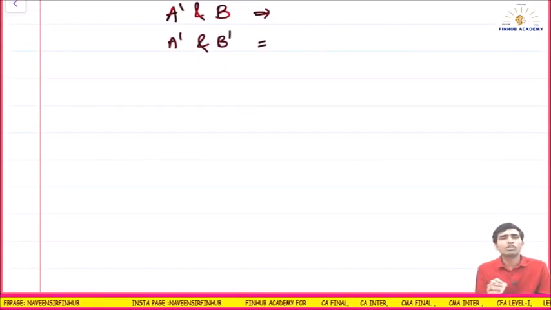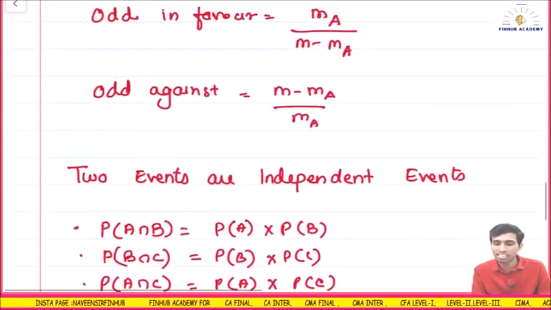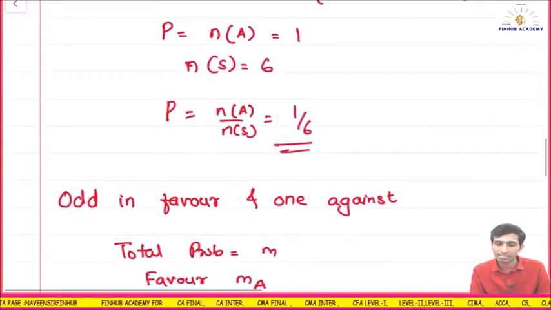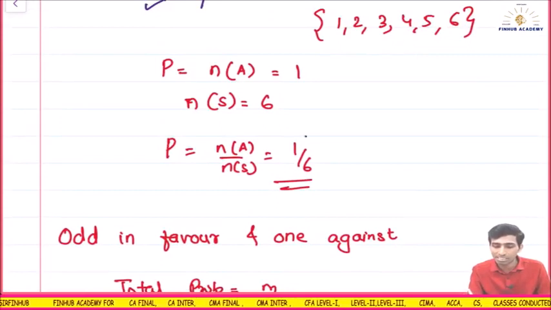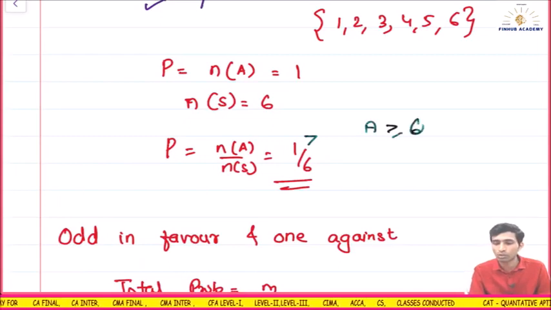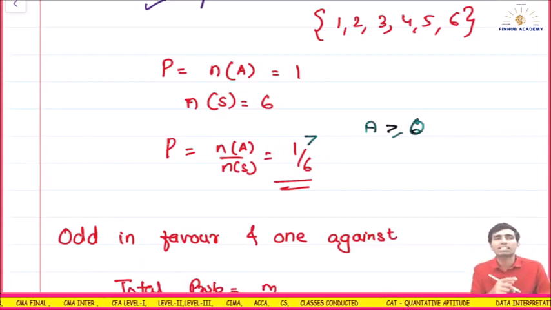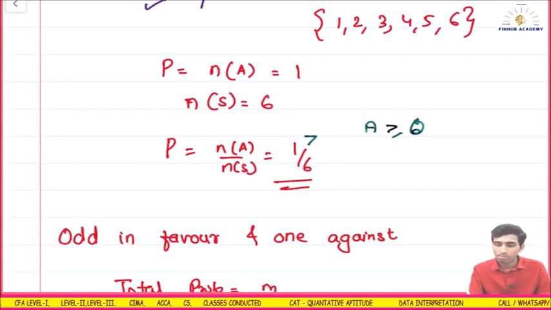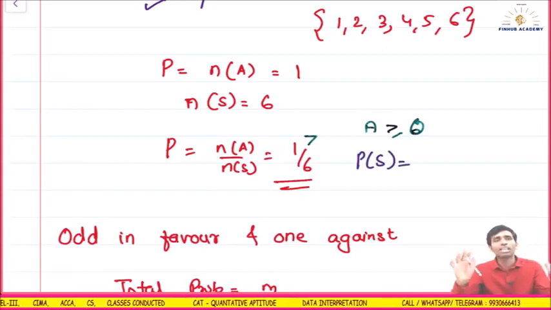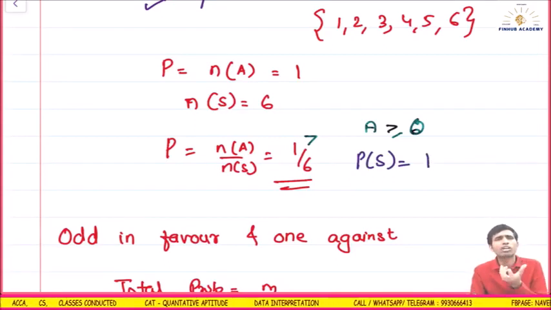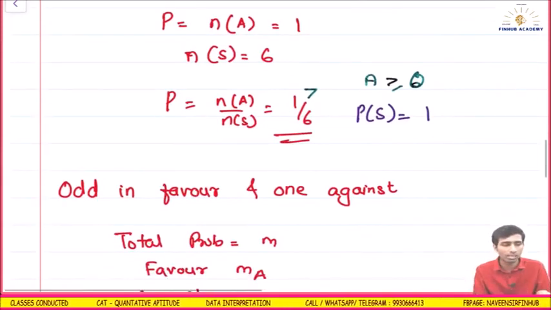There are some axiomatic definitions, or some simple things, which you need to understand. Whenever I am calculating probability, it should be greater than or equal to 0. It can't be negative. That is what they are saying. And the probability of the sample space, the happening of all the events, the total should be 1. That means the summation of probability should be 1.